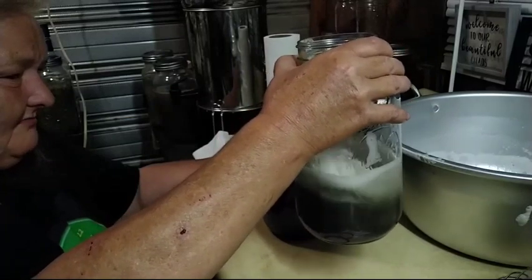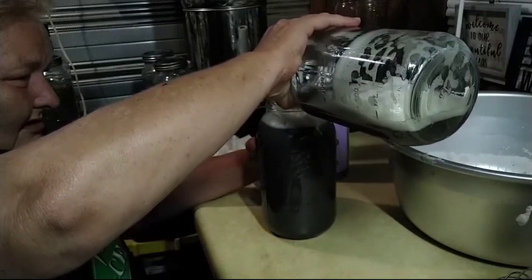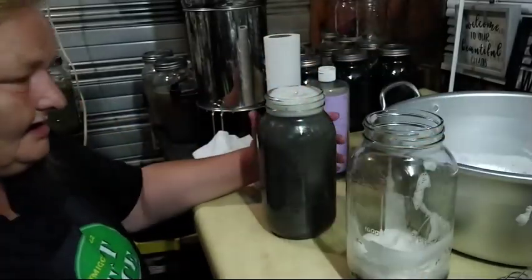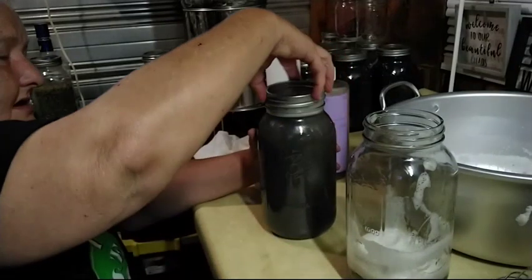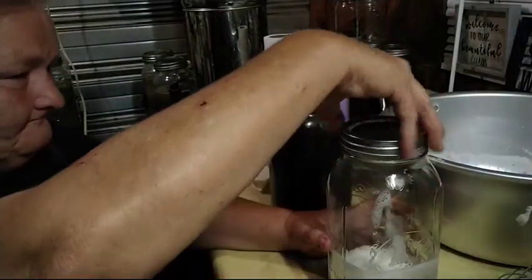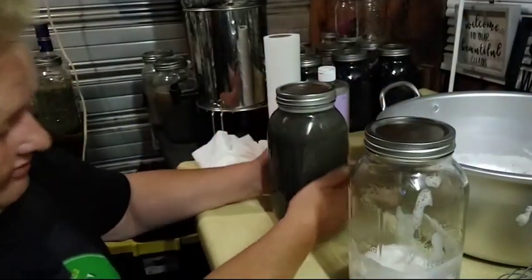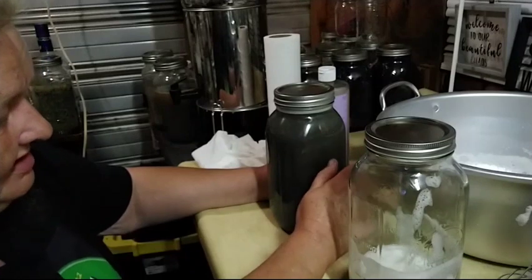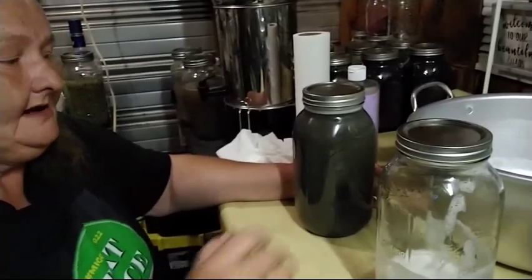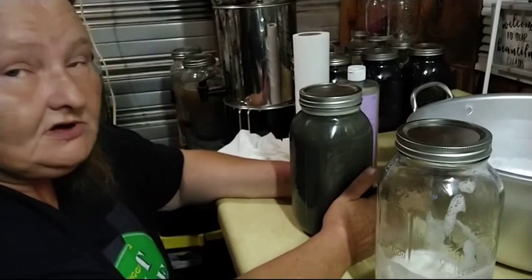Trying to mix it without making more bubbles. Okay, once these bubbles go down, then I'll add more. Now, there's a really good chance, because I've made a lot of homemade liquid soap by grating the activated charcoal soap. And if they haven't changed the recipe of it, which I doubt they have,